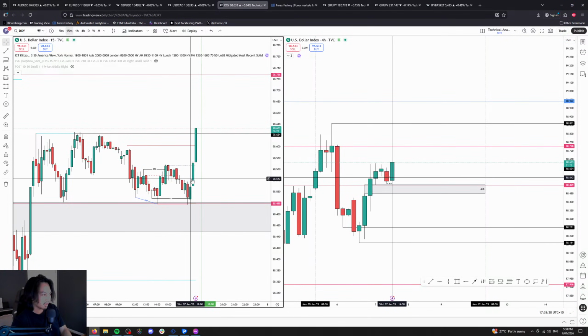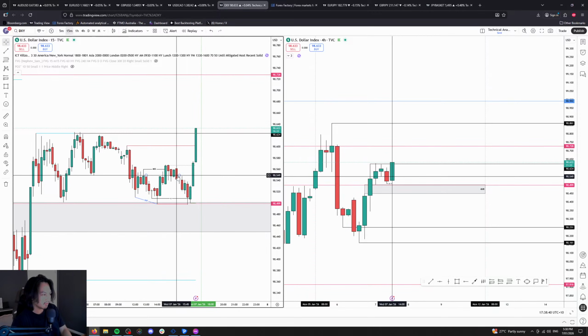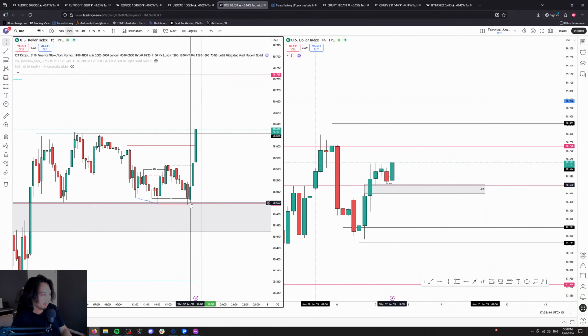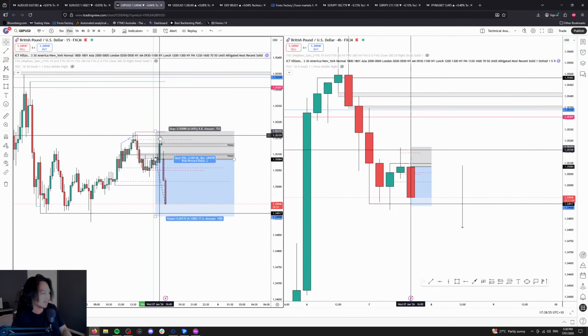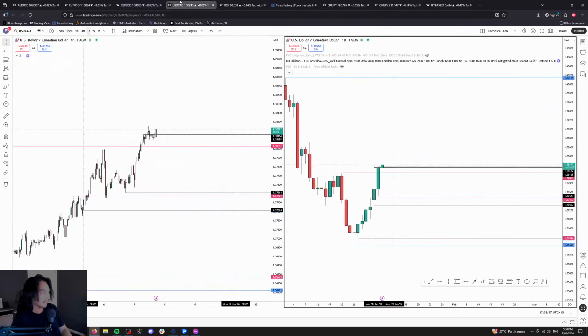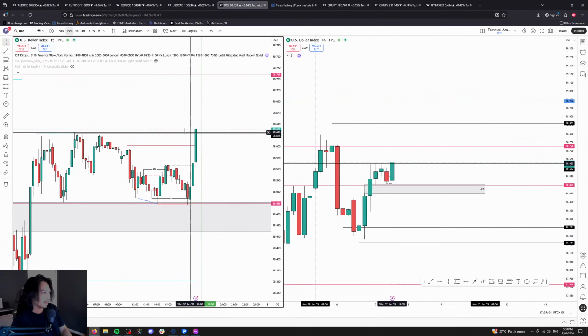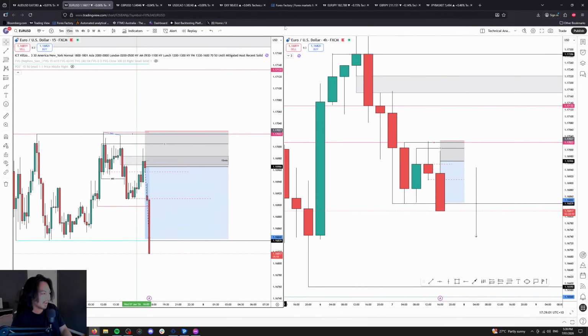Once this high was broken, around the time of my entry was when this was a retest, market structure shift. As you can see, price did come back to previous Asia low for another sweep for the continuation to the upside. Now this is what caused my stop loss on pound USD. As you can see here, slippage, otherwise that would have been a banger as well. But luckily got back into Euro USD because